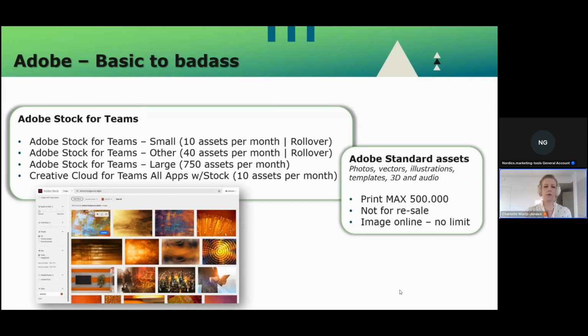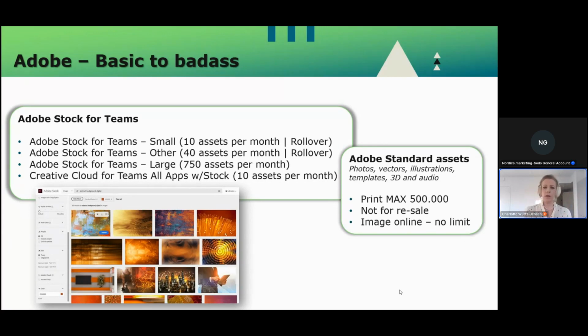They also have a Creative Cloud for Teams All Apps, including stock. But what is worth remembering here is that this stock small and other, with 10 and 40 assets per month, include a rollover, which means that you have 10 assets per month that your whole